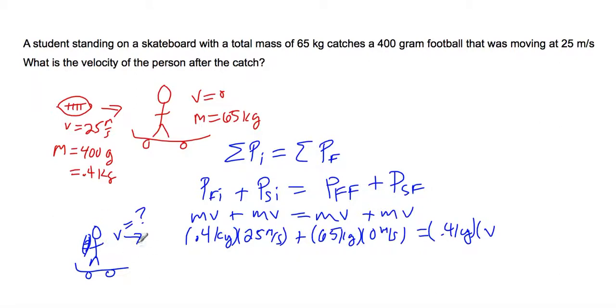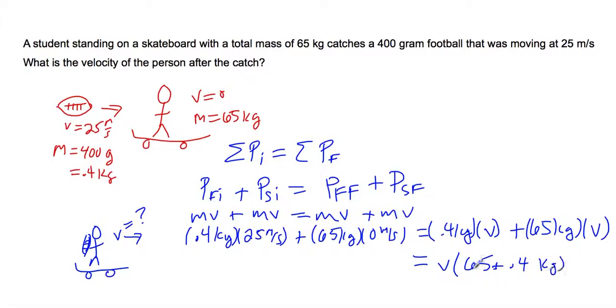And I guess the one thing we notice here is that both velocities will be the same because he's holding on to that football, plus 65 kilograms times v. So, okay, well, we have a common variable with two terms here. We can combine these, and we're going to say, okay, well, this is going to be v times 65 plus 0.4 kilograms, which will be 65.4 kilograms